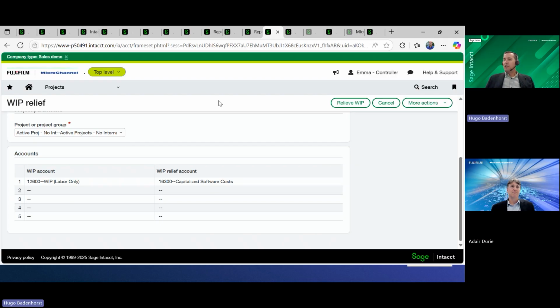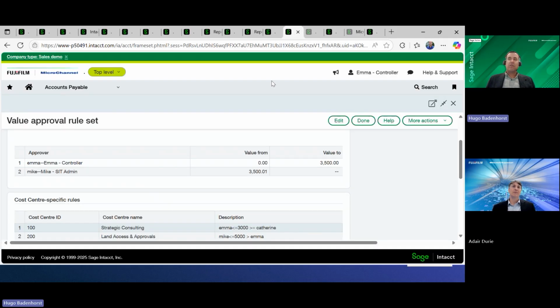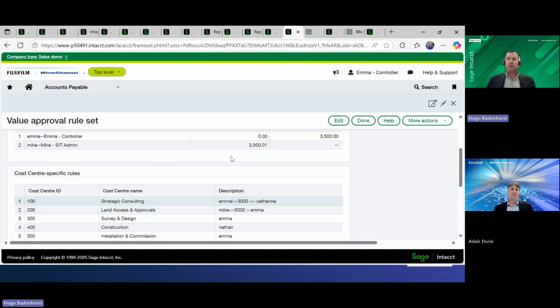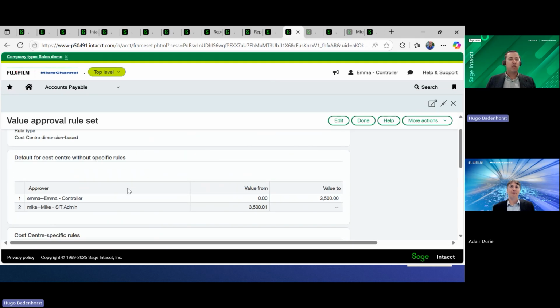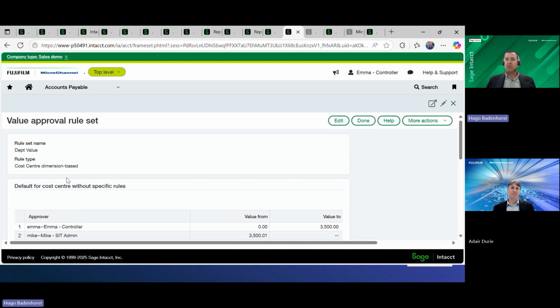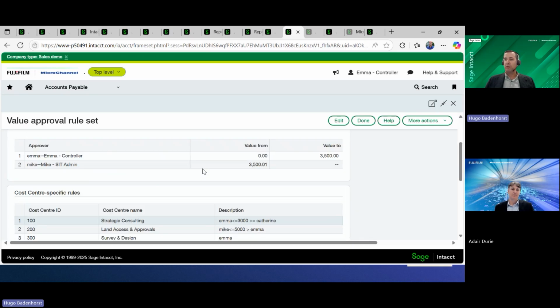Yeah, sure. So firstly, just looking at role-based approvals and what we can achieve there. From an AP perspective, it's all around automation, and we'll touch on that in the next one. But from an approval point of view, we can set up approval rules for invoices coming into the system, manually or automated. This is a rule set based on the cost center dimension, so depending on the cost center, where the transaction should go for approval.